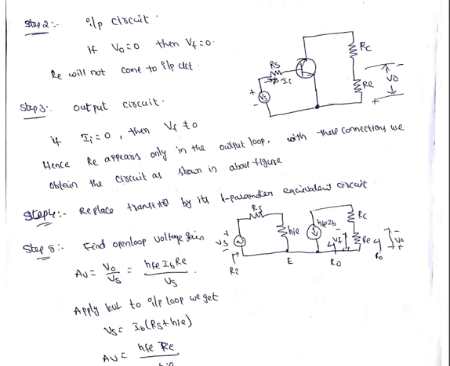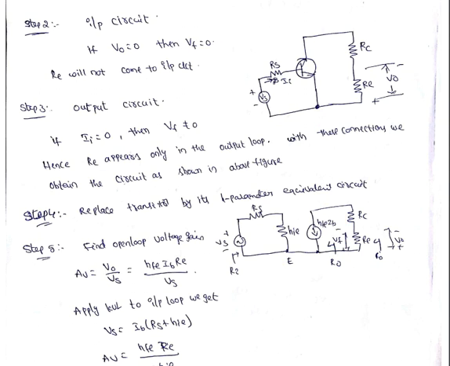So after doing these two steps, this is the figure we will get. Now replace your transistor by its h parameter equivalent as a simplified model. So the transistor is replaced with this simplified model, that is the hie, hfe terms. Then the open loop gain AV is equal to V0 by Vs. The V0 is across your output, so that is V0 = Ib Re, by your signal source Vs.